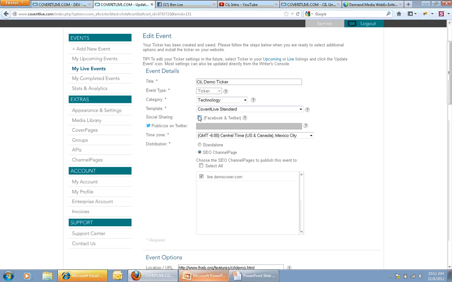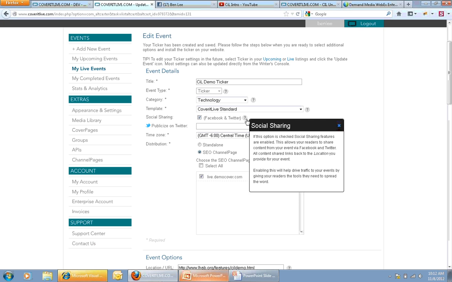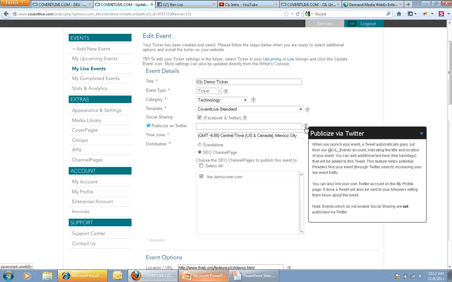But in cases where you're doing something very public, maybe you're covering a tech event or a sporting event or some breaking news, then you definitely want to draw as much traffic and as much engagement from your users as possible through social context. So once you enable this particular feature, you have the option to also publicize on Twitter. And again, if you ever have questions about these features, note that there's help in the question mark boxes right next to it, and I'll also explain those. So whenever this is enabled, you can add additional hashtags